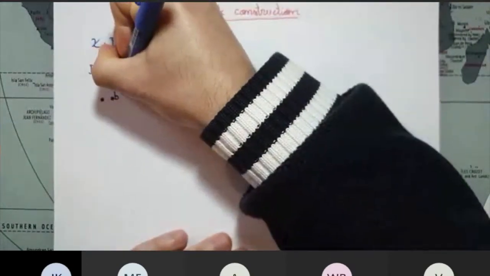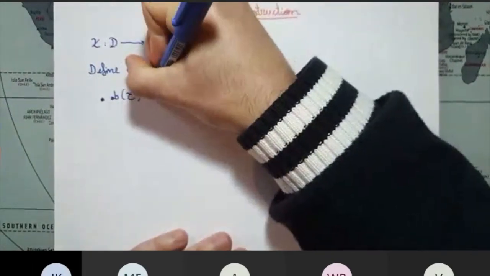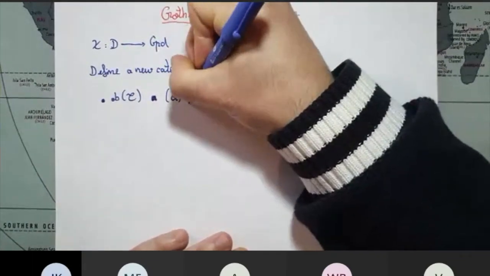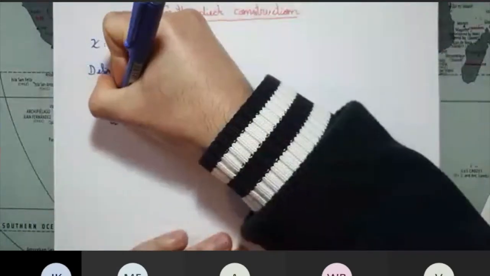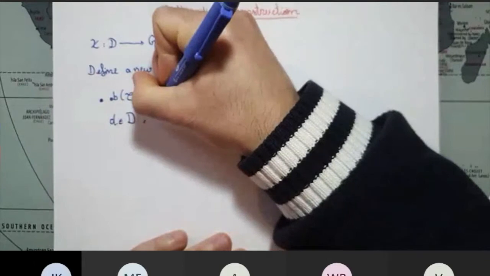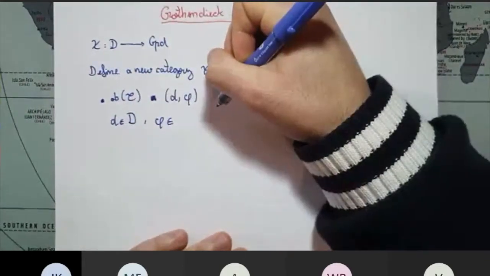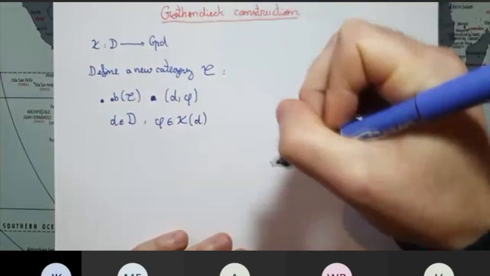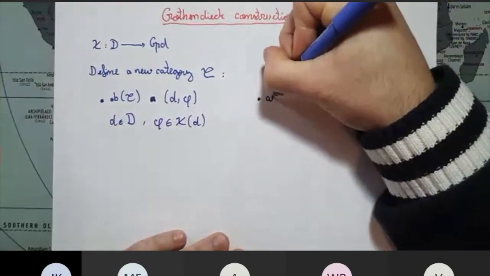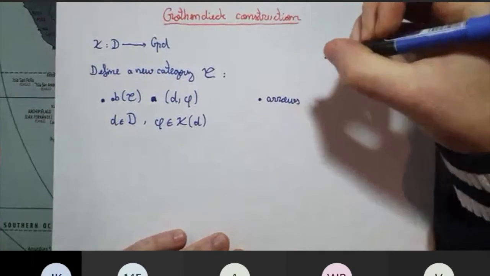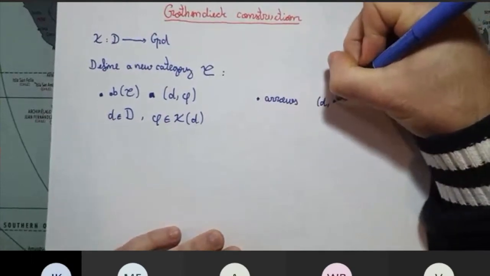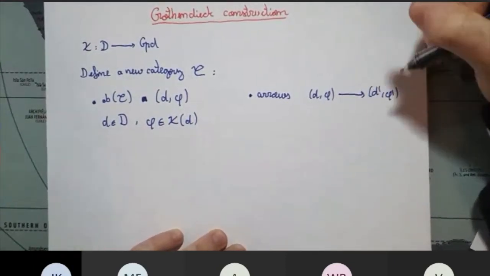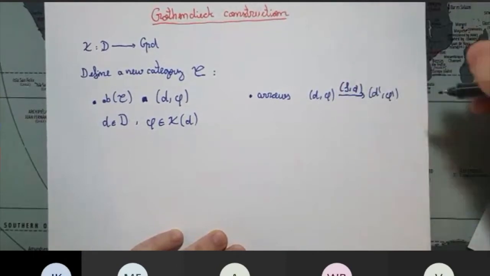The objects of C are pairs (D, phi), where D is an object of the category D, and phi is an object of the groupoid G of D. And the arrows, well, an arrow from (D, phi) to (D prime, phi prime) is a pair (F, alpha)